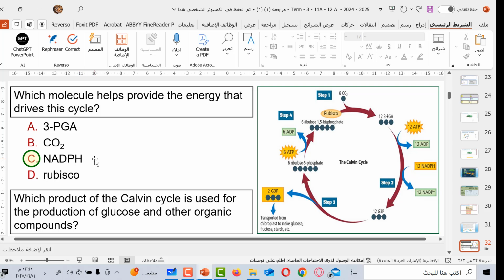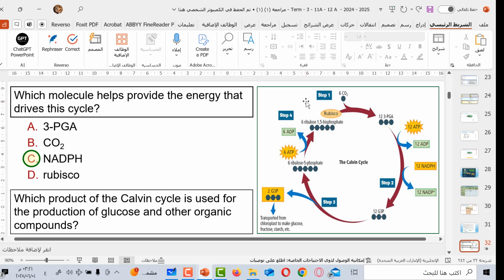Okay. Don't forget the name of this one, Rubisco. Okay. And RuBP, this ribulose 1,5 bisphosphate, is called RuBP. Okay, let's